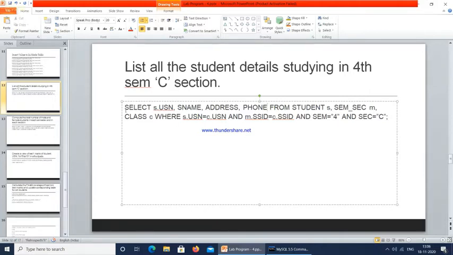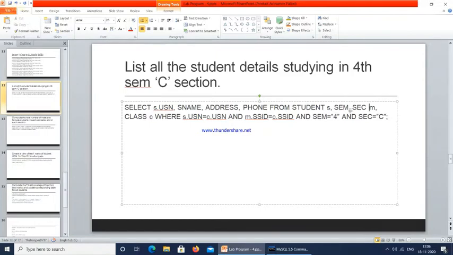So for that I will use a select query: select s.usn, name, address and phone number from the student. I am creating an alias name for the student called S. So S is the student alias name. So from the student table you select USN number, name, address and phone number.